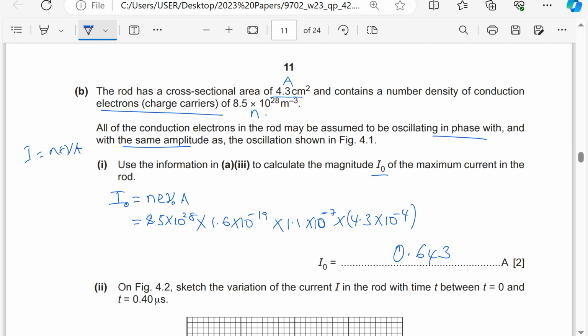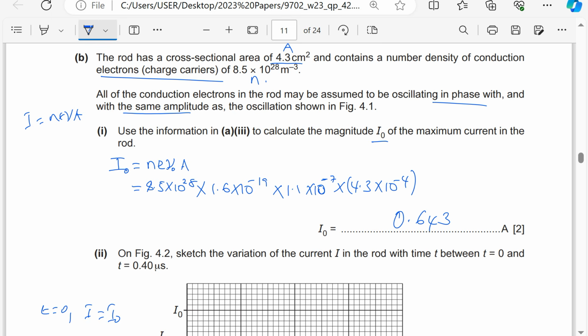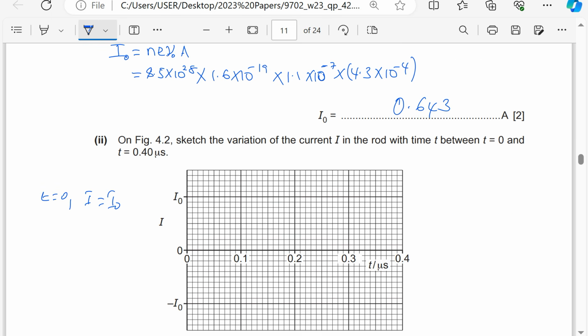the rod has a cross-section area of that. All the conduction electrons in the rod may be assumed to be oscillating in phase, and with the same amplitude as the oscillation shown in the figure. Use the information to calculate the magnitude I naught of the maximum current. So the maximum current is that. So now